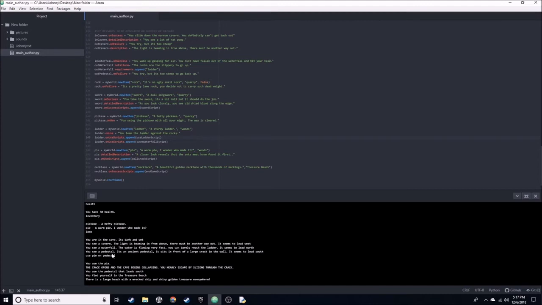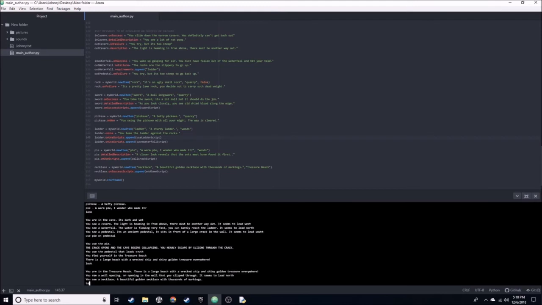The script being when you use the pie, it moves the player to this new area called Treasure Beach, and it's the end game area. So that's just an example of being able to dynamically update the world. You could move the player using a script, and so now we can look, and we have this necklace, so we can take the necklace,